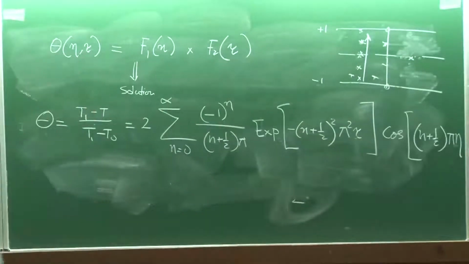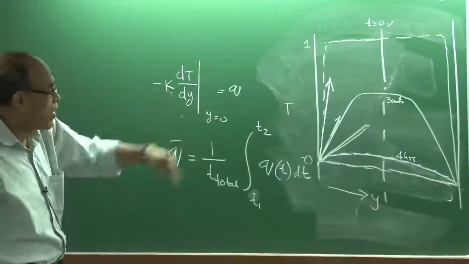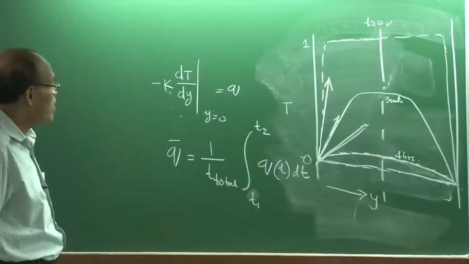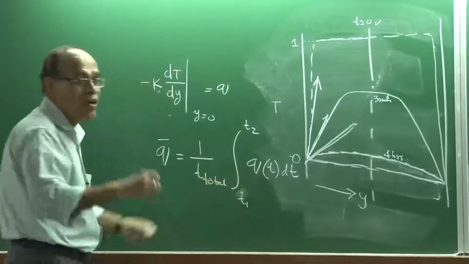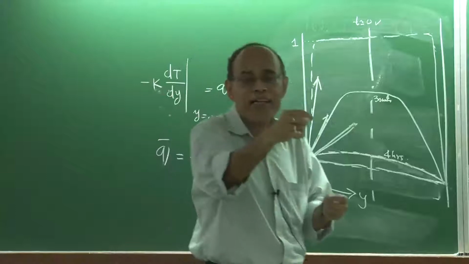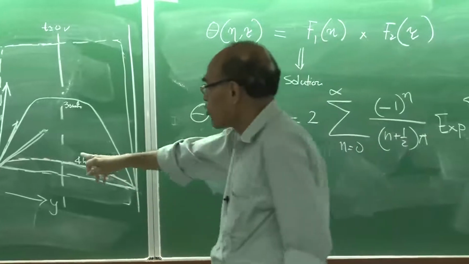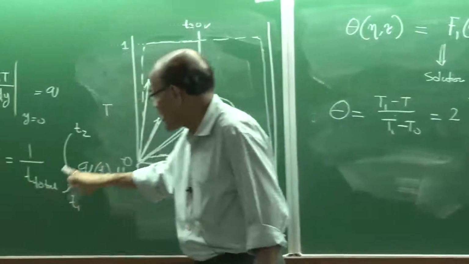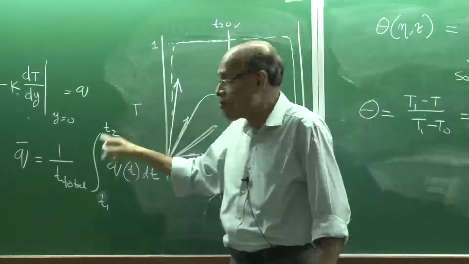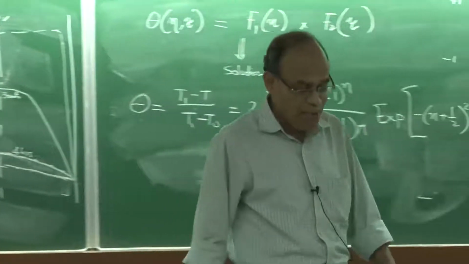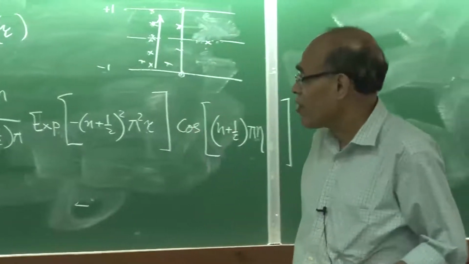tau. Okay? I have written it, for example, in dimensionless case, so you can have a non-dimensional heat flux also here, but then eventually you have to get it into the dimensionless form. So, once you get several such fluxes, at 1 second this is the flux, at 2 seconds this is the flux, at 3 seconds this is the flux. Now, to find out an average heat flux, you have to carry out a time averaging in which T total essentially represents T2 minus T1, that is the span over which you are doing time averaging. And I have also introduced this time averaging concept when I was talking about time averaging of Navier-Stokes equation, particularly in the discussion of